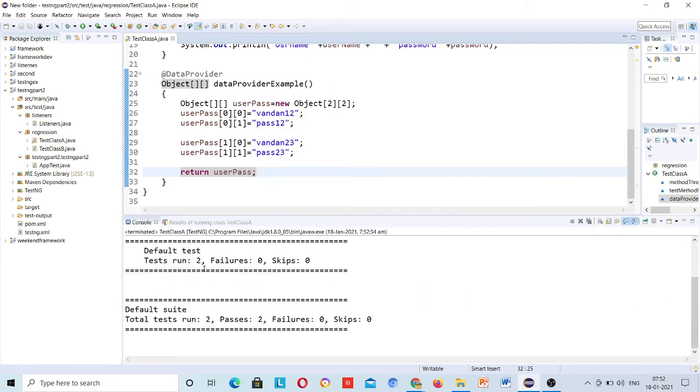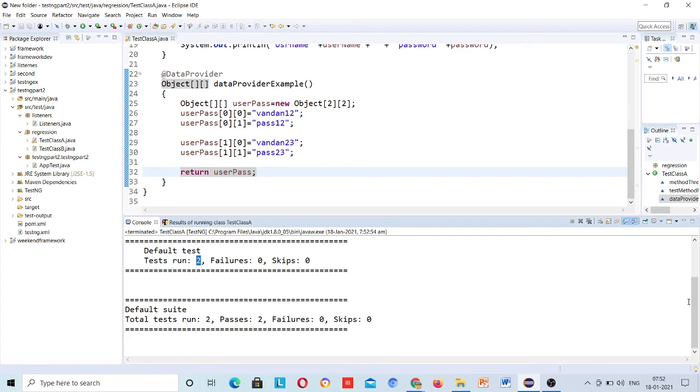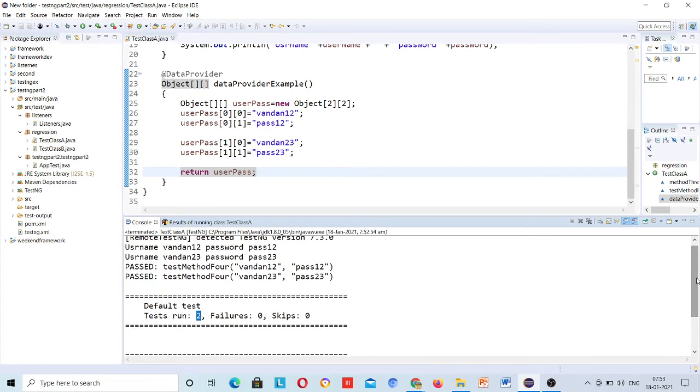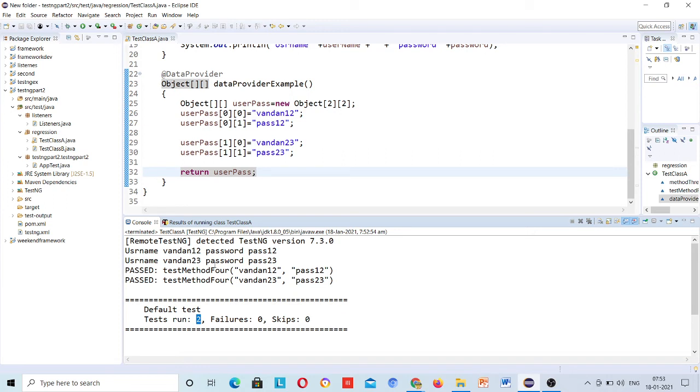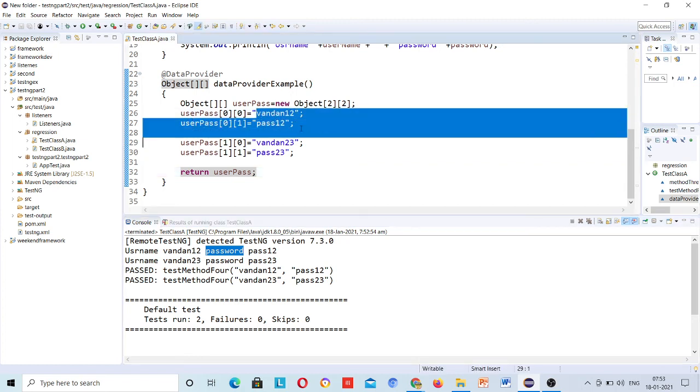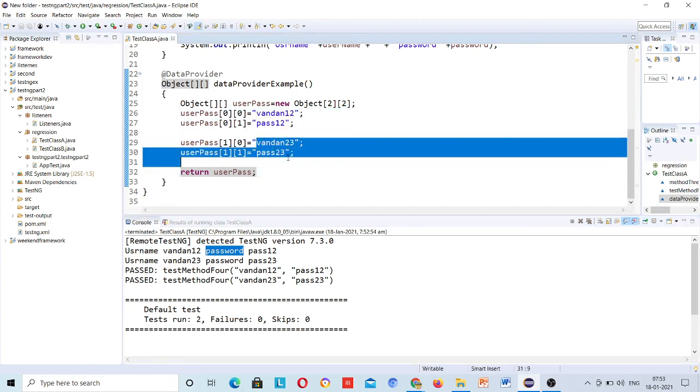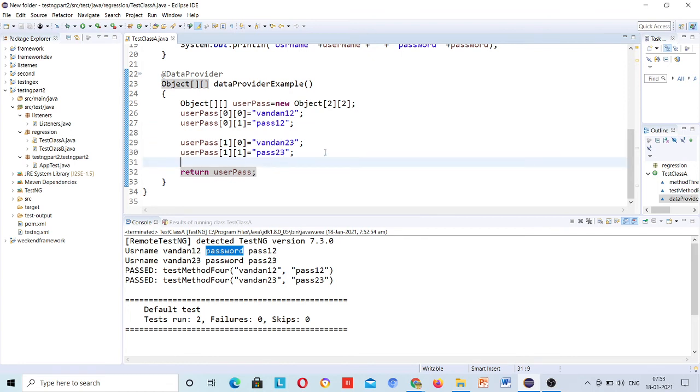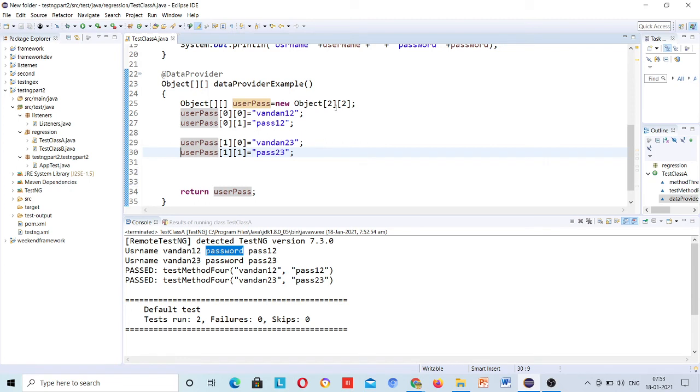See, test run 2. First time, first set: username Vandan, password 12, right? Second set, this is the first set and this is the second set. If you add one more, it will return one more. Okay, so don't worry about that. But here I have decided the value of only 2.